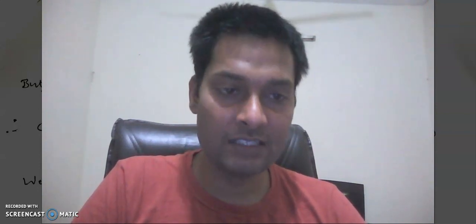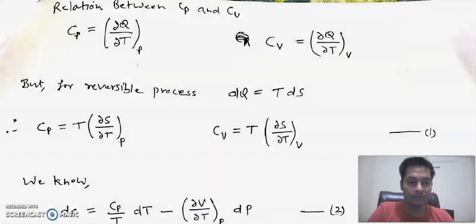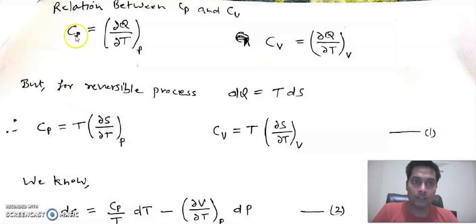In this class, we will derive the relationship between Cp and Cv. Cp and Cv are the heat capacity at constant pressure and the heat capacity at constant volume, respectively. So without wasting time, let's start. We know Cp equals del Q by del T at constant pressure, and